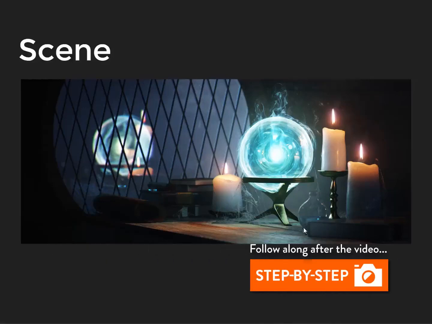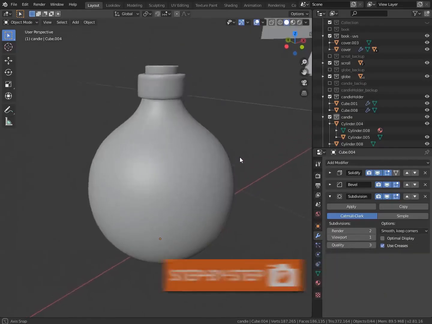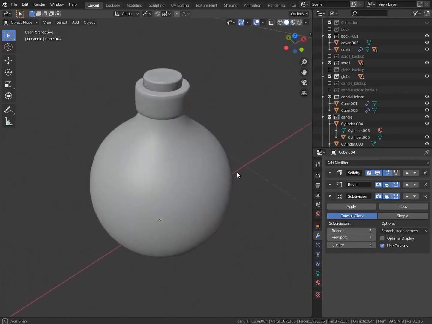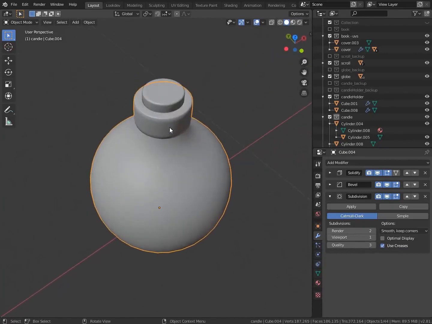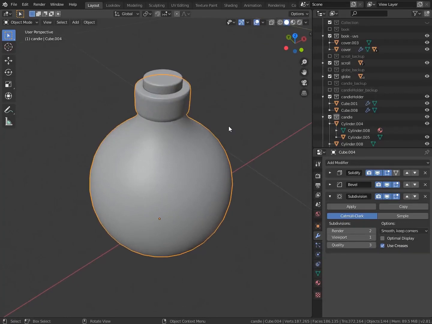Next up, we have this round jar right here. The tricky part about this one is that we're going to have a sphere and then a cylinder. So we have actually two different shapes. And this is essentially where box modeling comes into play. And again, box modeling isn't just boxes. We can use anything. So it's any primitive shape that you start with as a base point that you're morphing